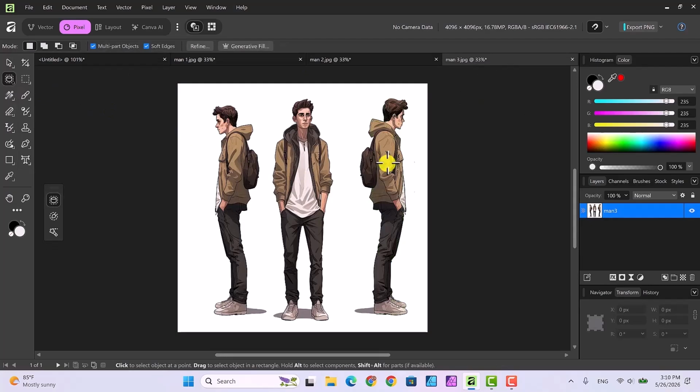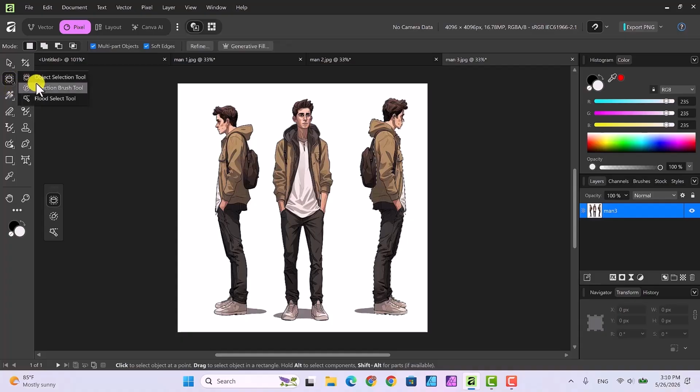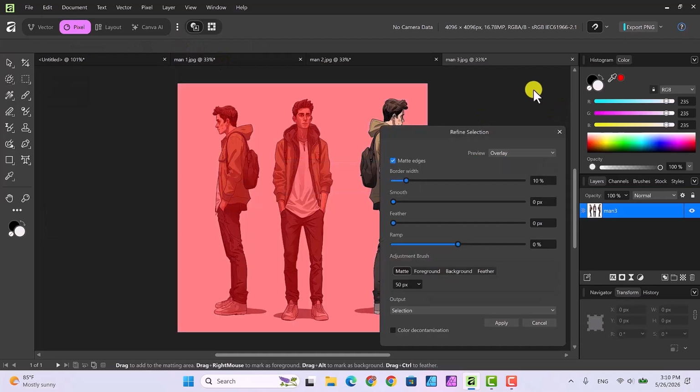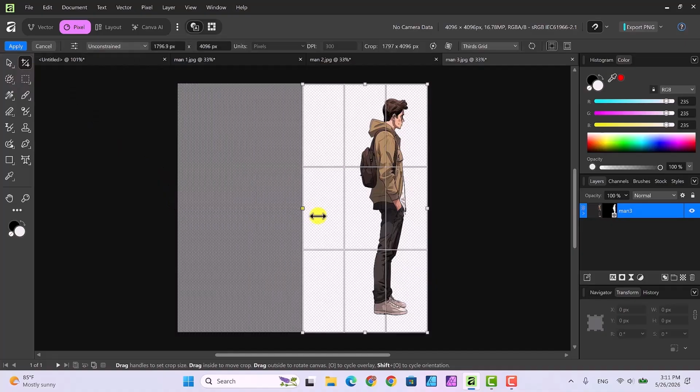So I will click on that so that it selects the object, and now I'm going to have to use my selection brush tool to select the backpack. So now we have it all selected, and now we just have to click refine and then output it to the mask, apply,